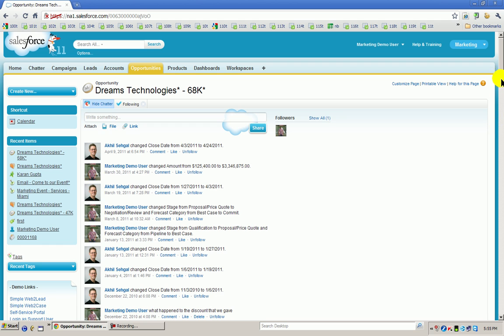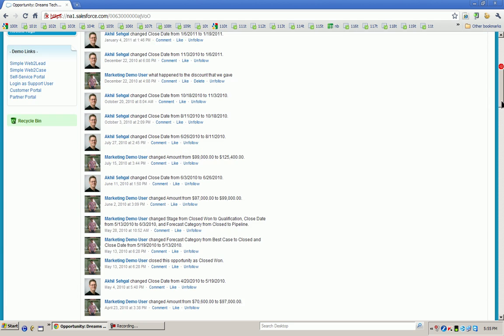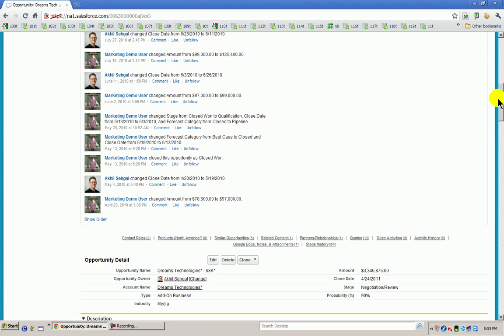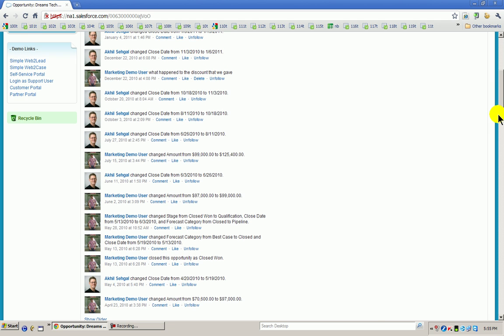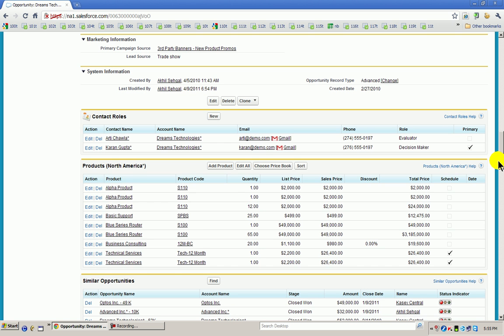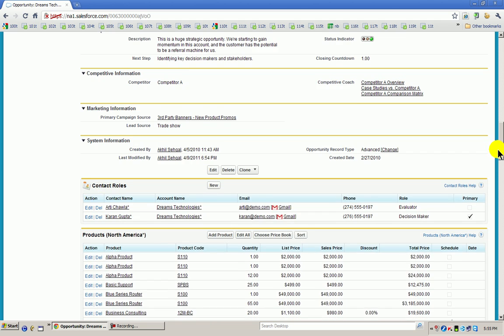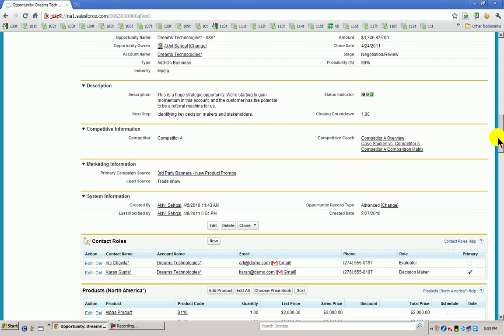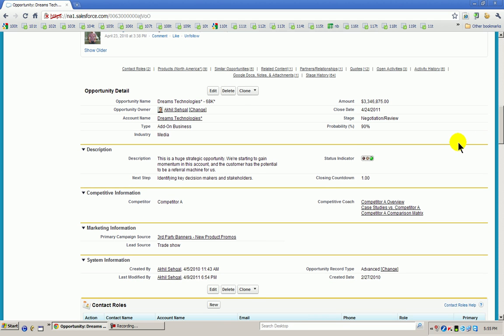All earlier discussions. This I will discuss with you sometime later, I'm just leaving it for the time being. That is called chatter, which is extremely good. So you can see what the opportunity is, maybe HDFC insurance or mutual fund. What is the value of this particular opportunity for you, the expected close date, what is the stage.